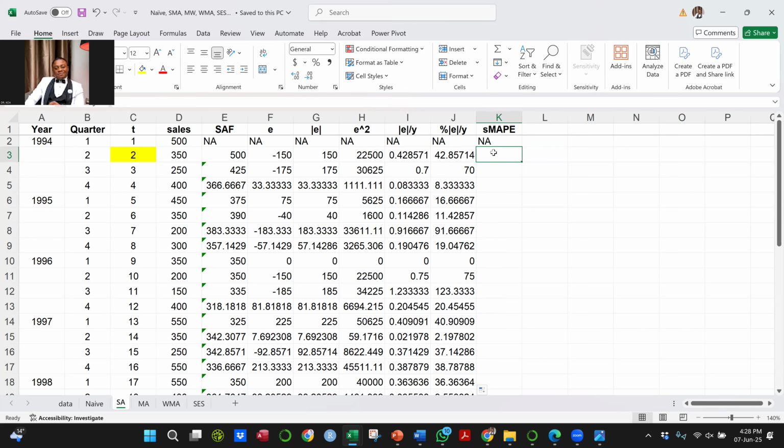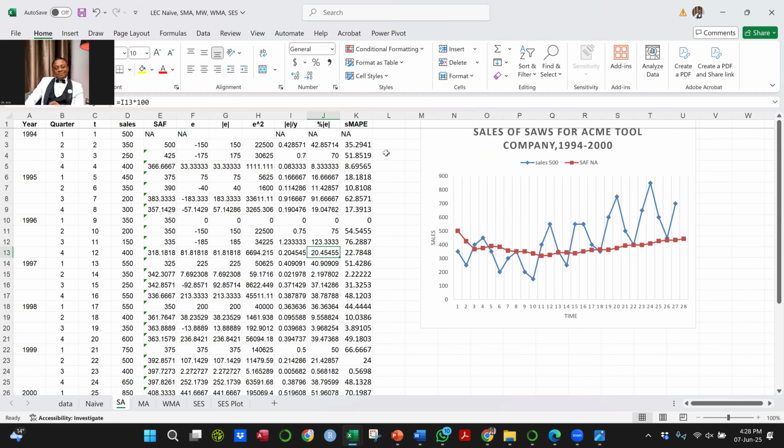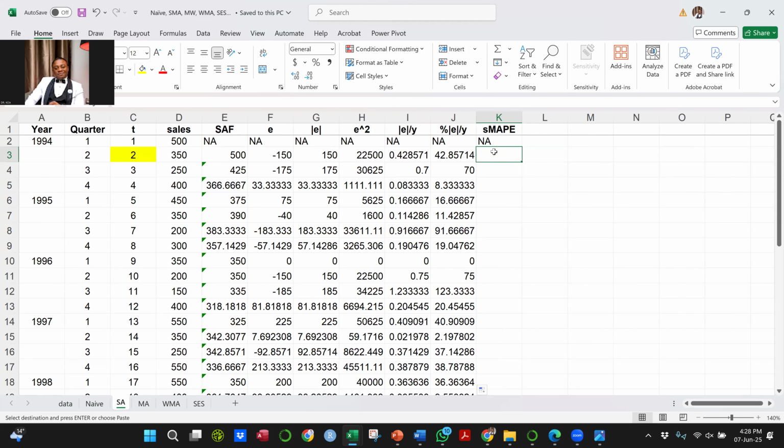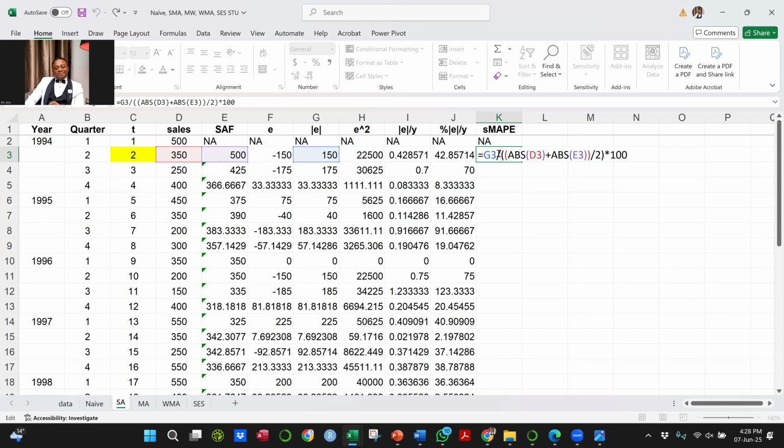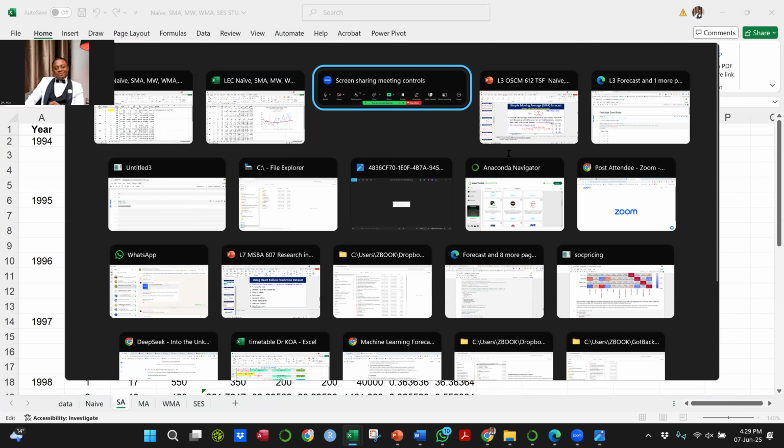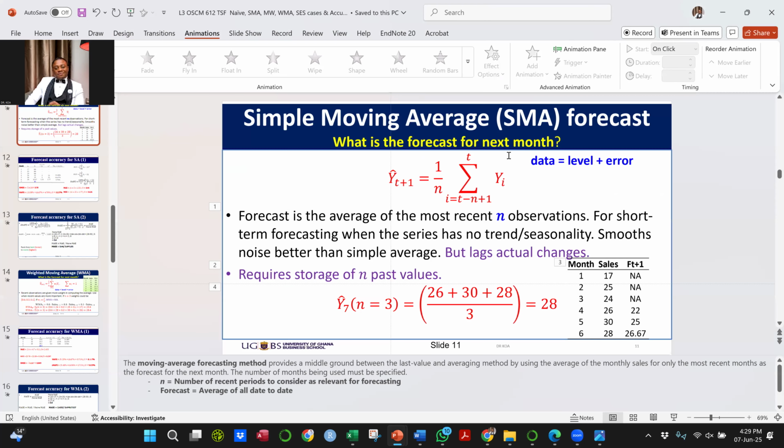And then you finally do the SMAPE. The SMAPE is a very, very interesting formula. I'm going to show you here. It's a very complex formula, but if you check the formula in the slides, you see it. So, for example,